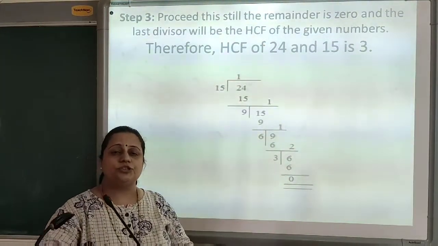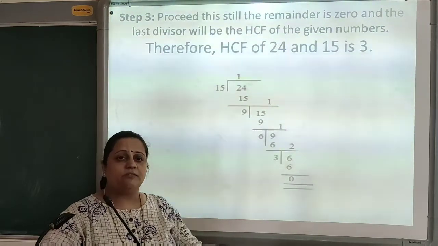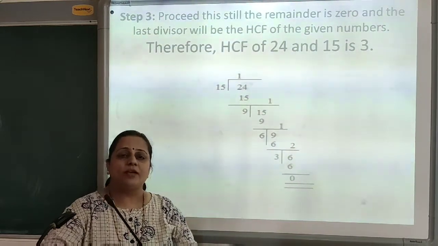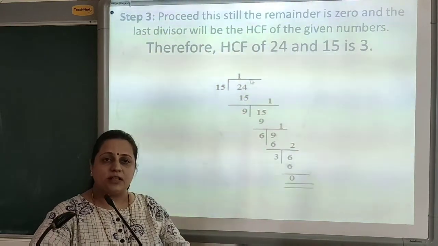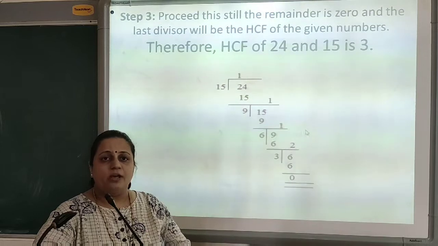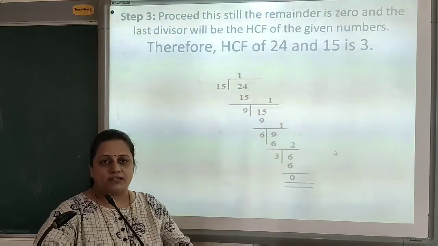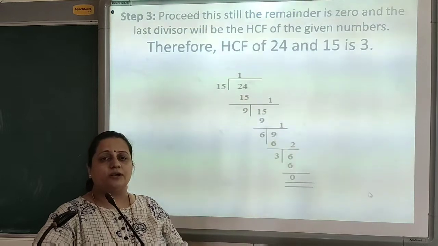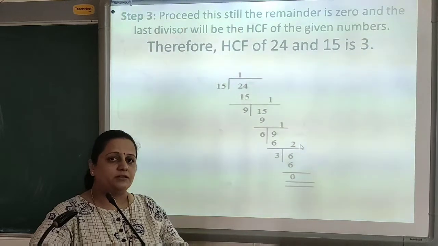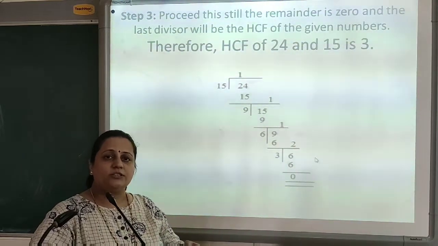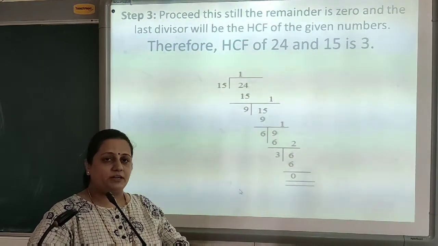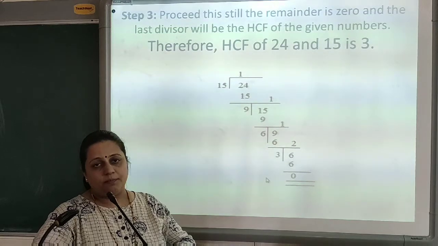So I hope you understood, children. What have we seen today? We have seen the factor tree, which gives us the prime factors of any number. We can draw many factor trees for a single number. Then we have seen LCM, lowest common multiple, and how to find it by 3 methods, and HCF, highest common factor, that also we have understood how to find by 3 methods. The first method is by writing the common multiples or common factors, then finding the lowest multiple and the highest common factor. The second method is the prime factorization method, and the third method is the division method.